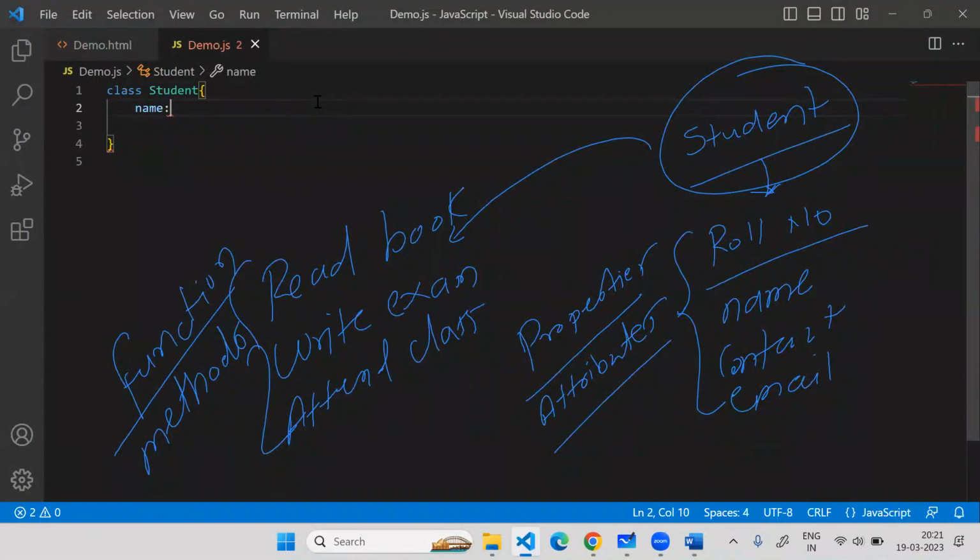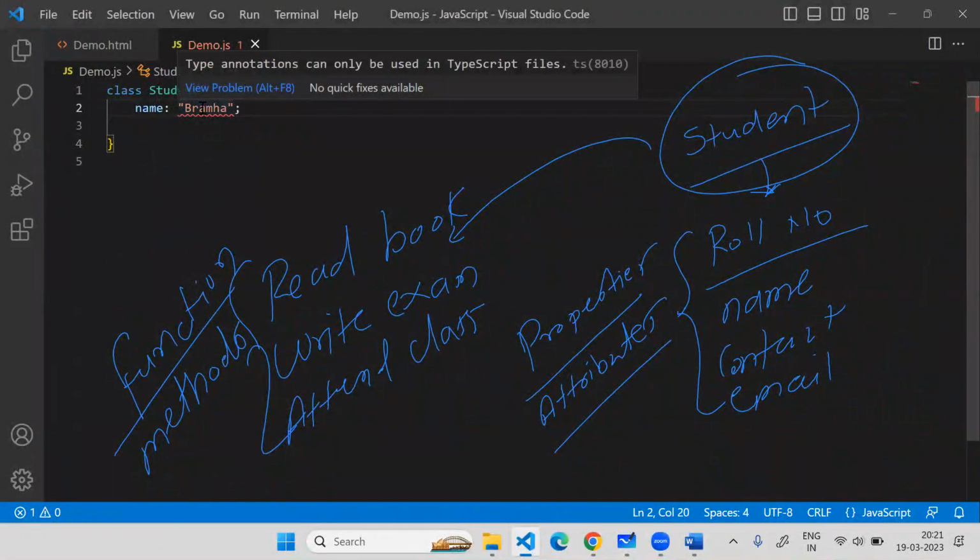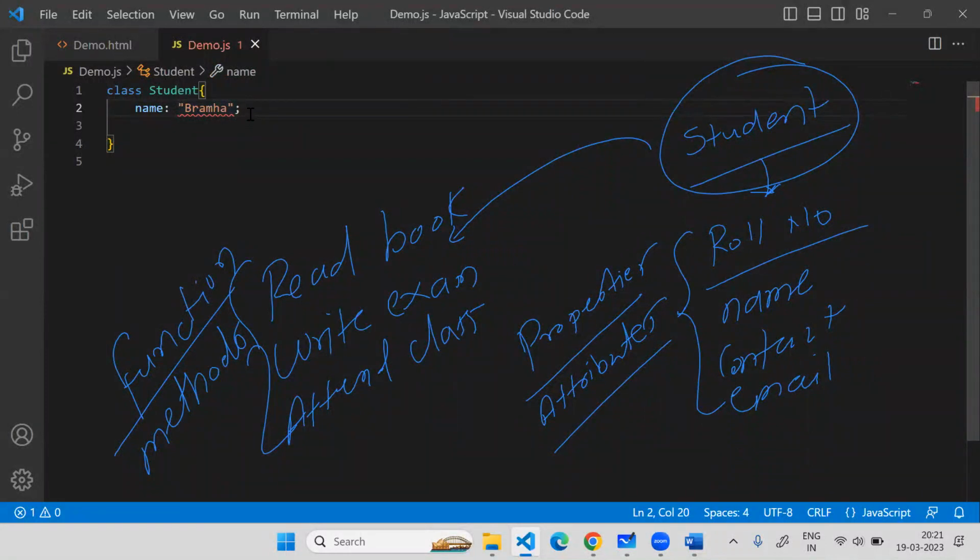The syntax is you write a certain name, followed by a colon, followed by the value. So I will say Brahma. Okay, this is my property. On the next line,